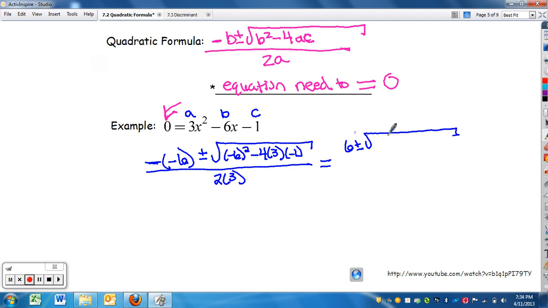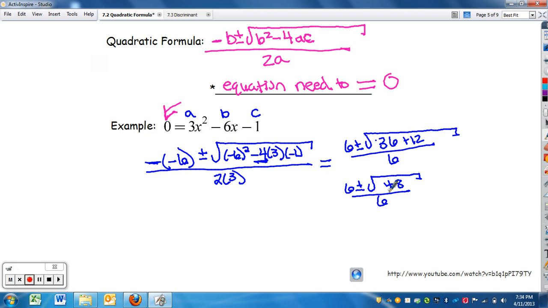And then you simplify the inside. And again, take it in steps. So we have 36, negative 4. The 4 is negative. We make it negative. We just carry it with it. Negative 4 times 3 times negative 1 gives me plus 12, all divided by 6. So I have 6 plus or minus I add this together, get the square root of 48,